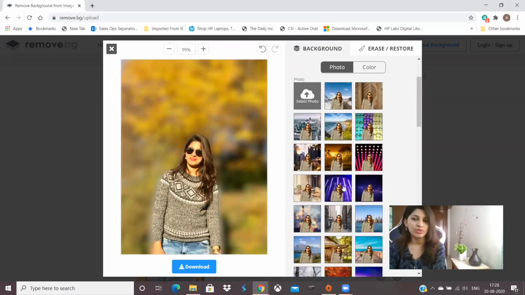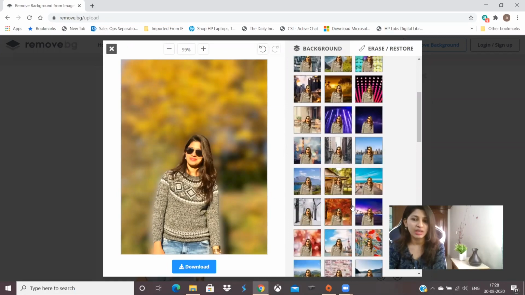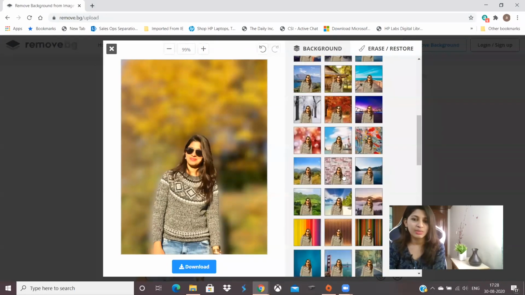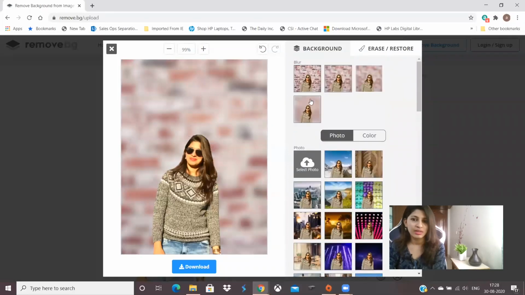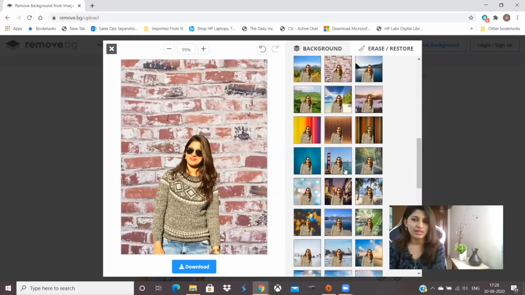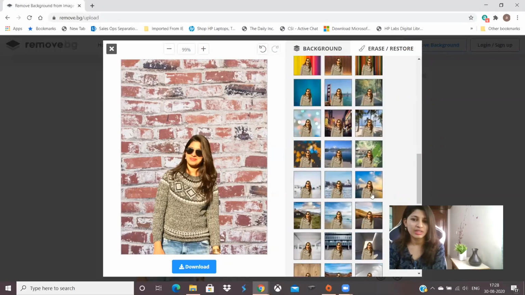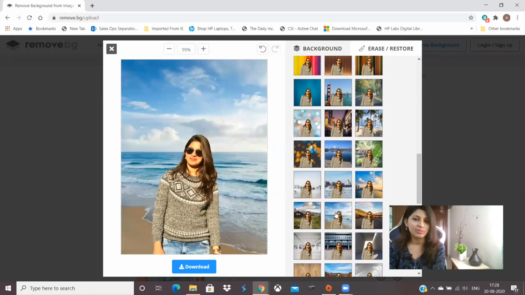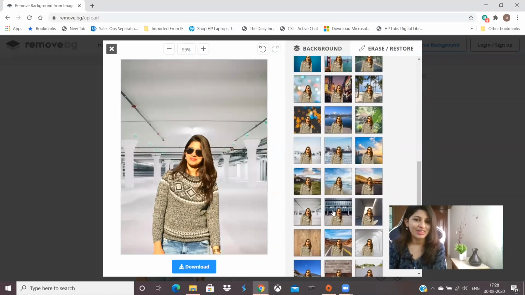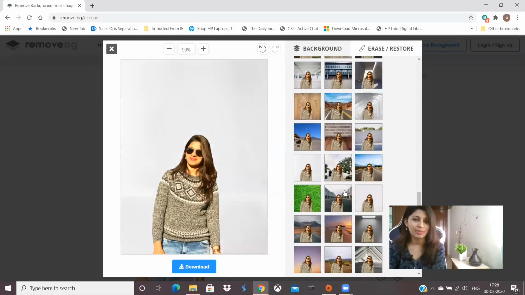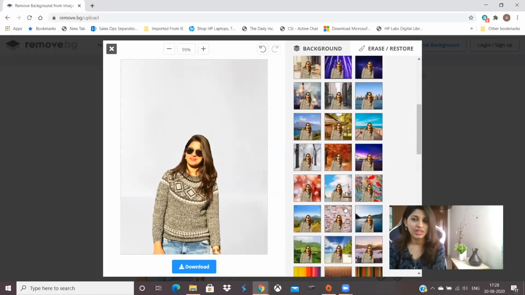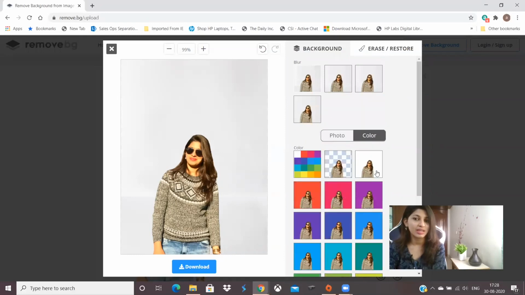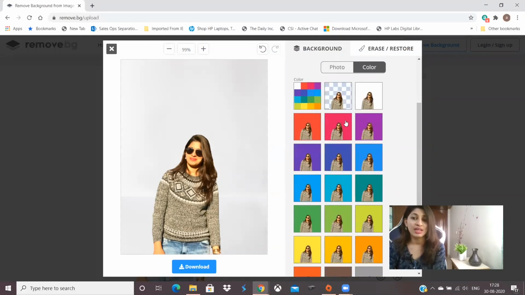Or maybe I want to totally change the background of the image to something like this, or keep it as normal, or maybe something with a beach background, or this background, or any plain background. Or imagine I don't want any of this built-in background, and I just need the color changed behind, so I can do that as well, right?